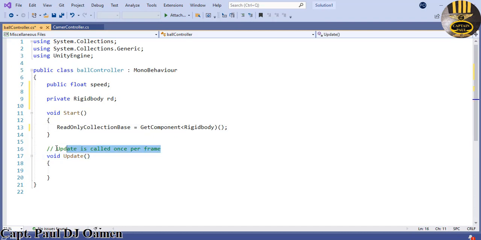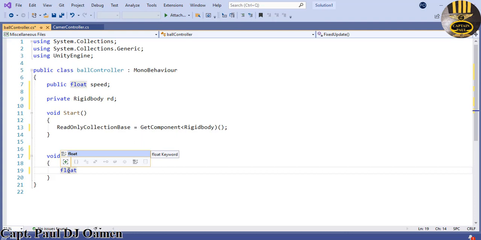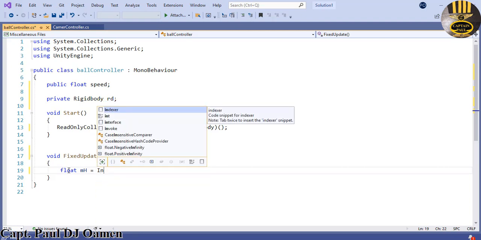The next thing is, you see the void in there, because I want to be able to follow the ball around. I want to be able to control the ball, so I'm going to use FixedUpdate for that. So in FixedUpdate, let's say float, and we want it to move horizontally, so we just say mh, that will be equals Input.GetAxis,